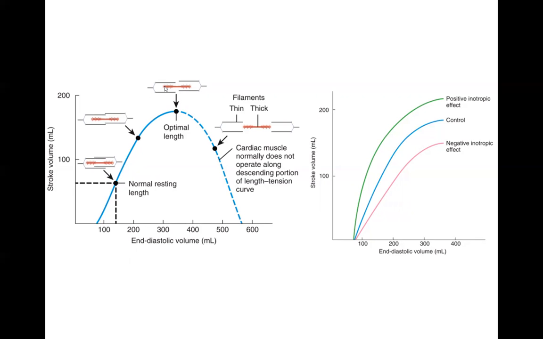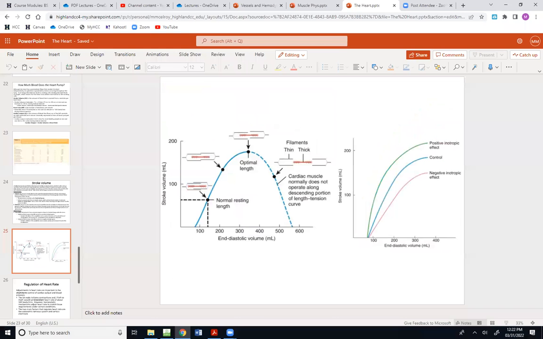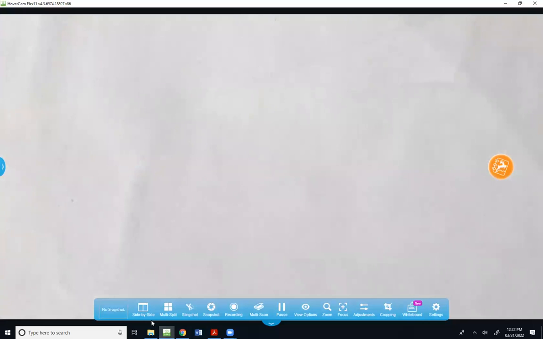But if the heart fills up with more blood, the sarcomeres are stretched more, which is going to increase the amount of cross bridges that can be formed. And as we learned, the more cross bridges that can be formed between the thick and thin filaments, the greater the contraction strength. And therefore, if the heart beats more forcefully, stroke volume goes up. So if you want to simplify things,